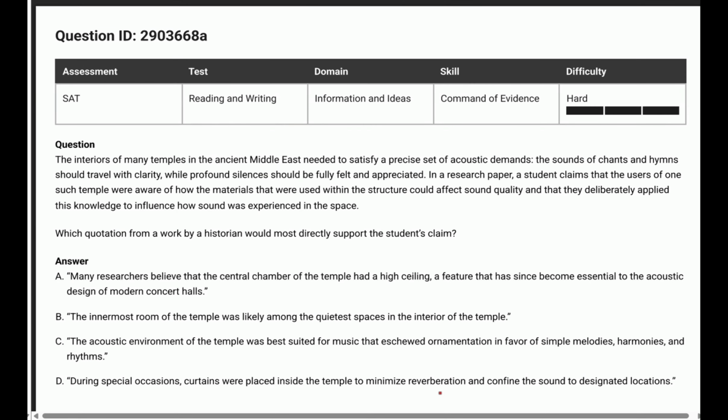The interiors of many temples in the ancient Middle East needed to satisfy a precise set of acoustic demands. The sounds of chants, hymns, rhymes should travel with clarity. Okay, so chants with clarity. And we're talking about silences being held and appreciated. Okay, so in a research paper, a student claims, there is your trigger word, immediately highlight,